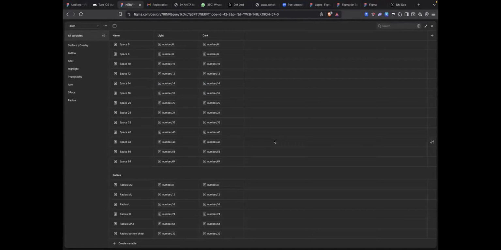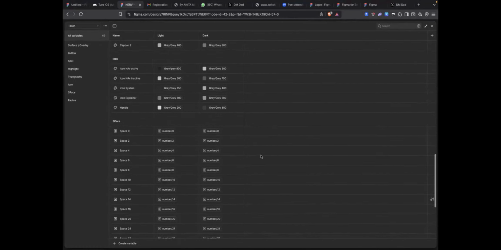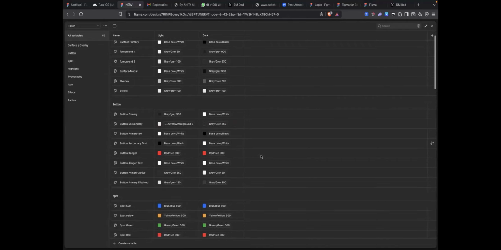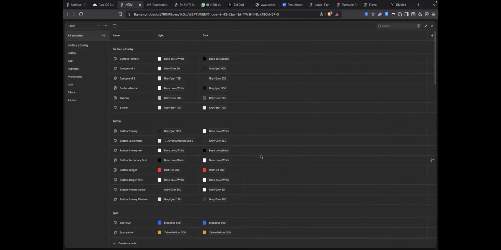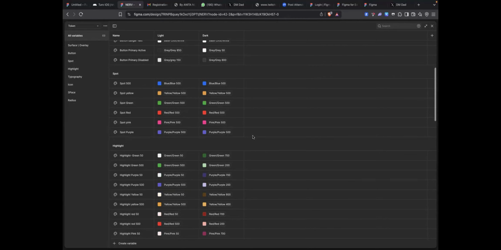Any design you want to do again, you don't need to start looking for how you will do your light mode, how you will do your dark mode ever again. You don't need to look for the colors. If the company gives you their own colors, you just add them here.